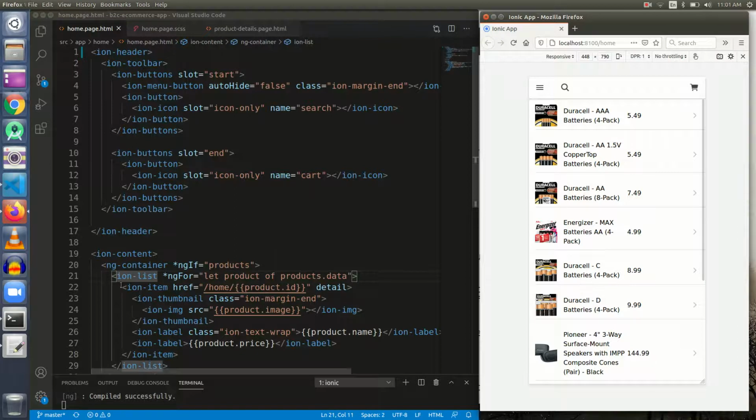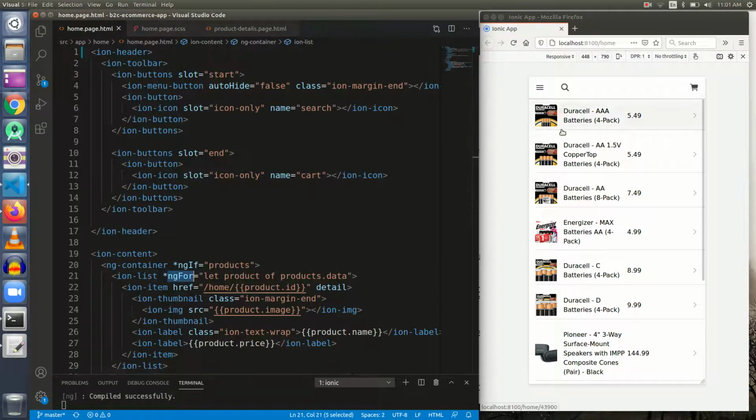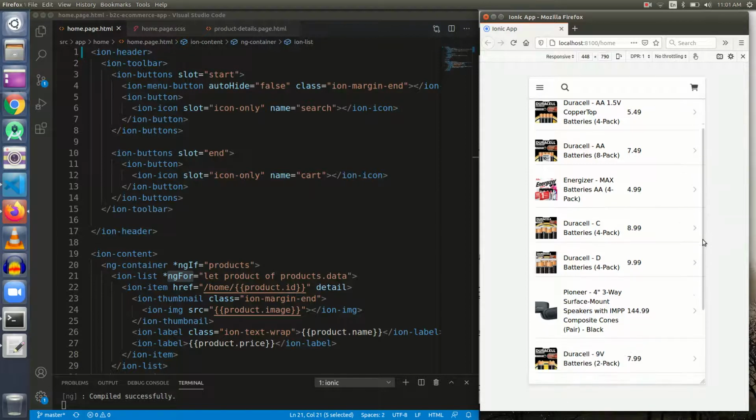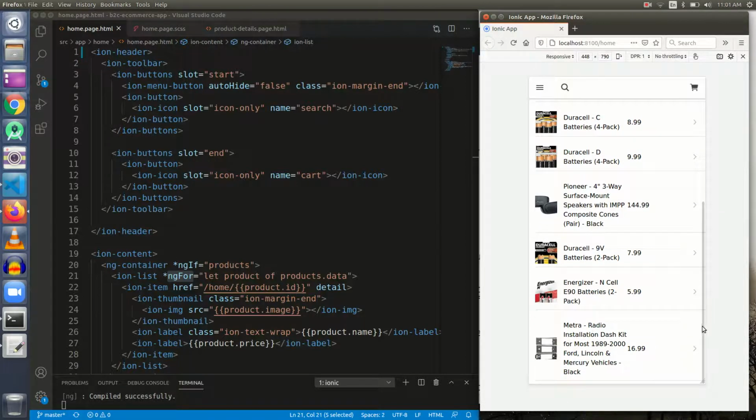For example, on ion-list we have put ngFor, and we are getting the whole list, but actually this is not just one list, these are 10 products, and hence this in itself is a list, this in itself is a list. Actually here we are seeing 10 lists and not just 10 items. You can see the mess-up in code that we did has given us 10 lists with one item each.